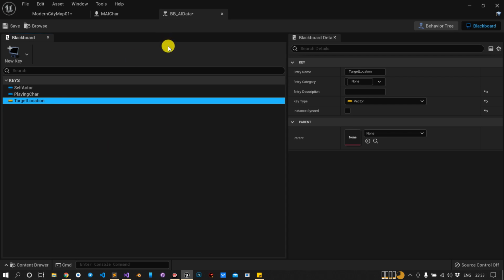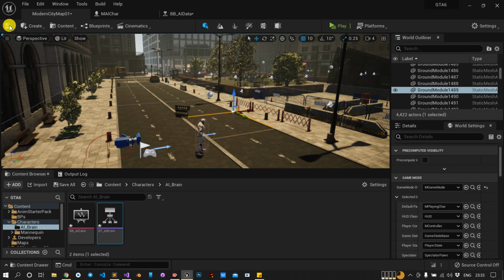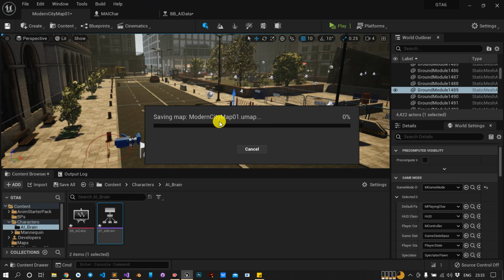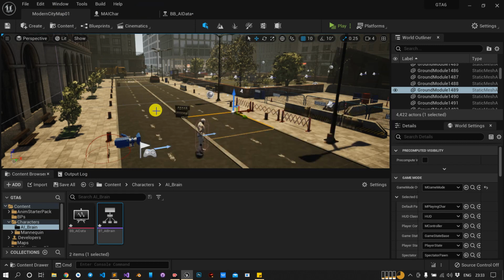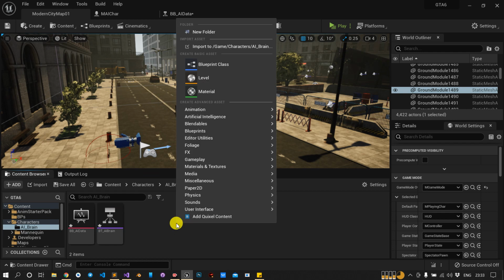Now, I need one more thing also. If some AI is moving in the normal way, then he is in the normal mode. Just imagine I shoot that guy or try to hit that guy, then he will become angry. So we will use an enum.